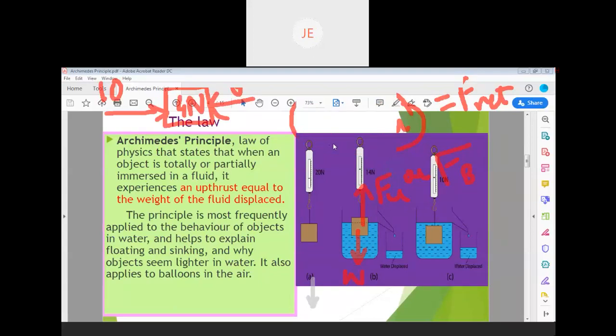Sir, I was asking whether that spring force has any effect on the upthrust force? Yes, there is no upthrust force due to the spring. There is an upthrust force due to the liquid, and the body is hanging from the spring. So the spring can experience the tension force, but not the upthrust force. But the body will experience the upthrust force because it is immersed in the liquid.